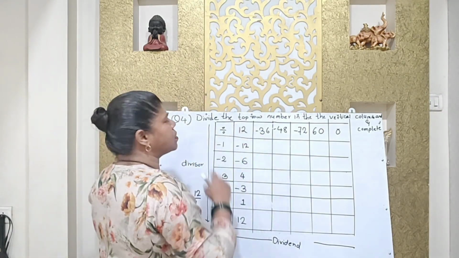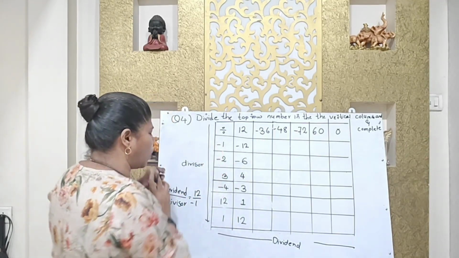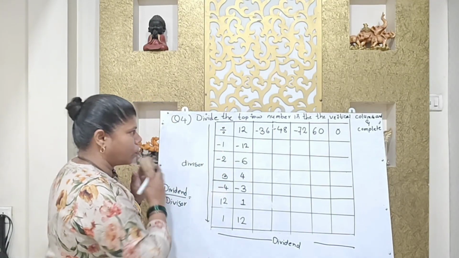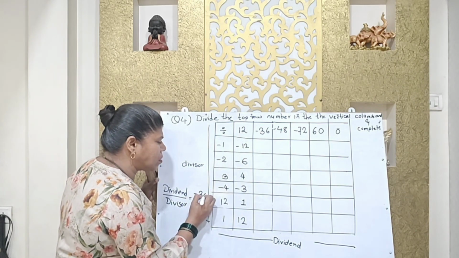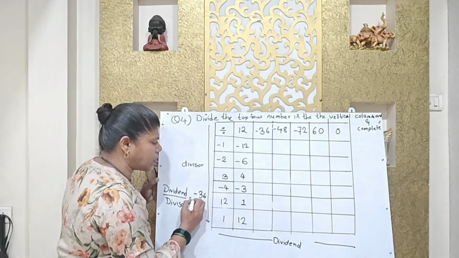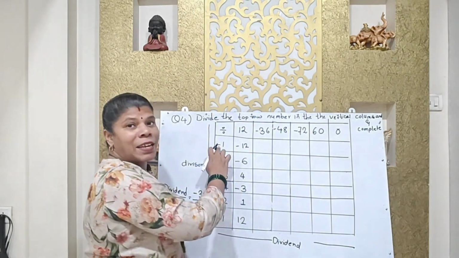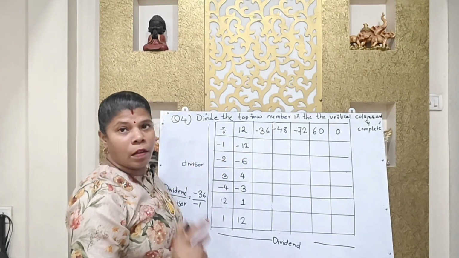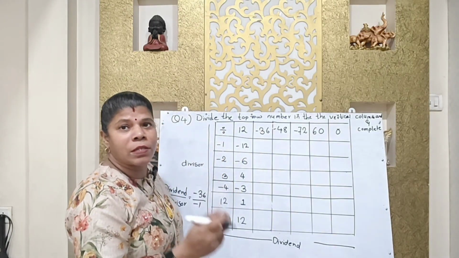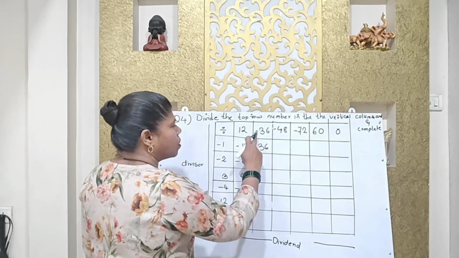Now do it with the 36, -1. 36 divided by -1 in the second row and second column. This is the second column. We will write -36, take these numbers, that is -1. So this minus and this minus will be minus plus. There is no need to write the sign. If we divide any number by 1, the answer will be that number only. So you will write 36.